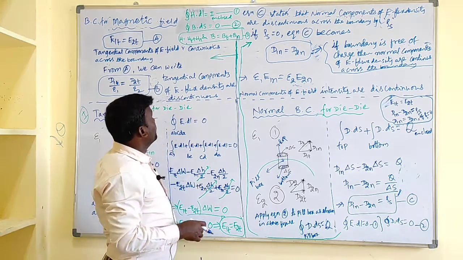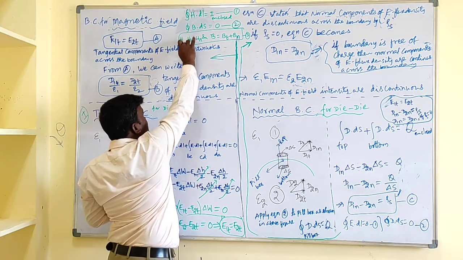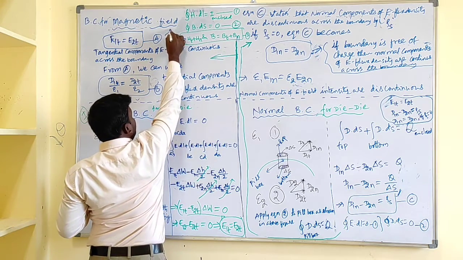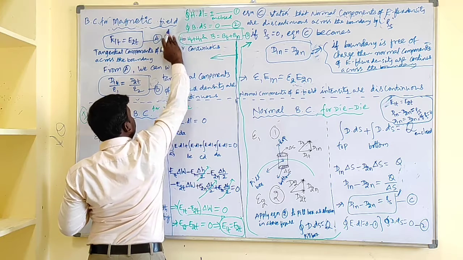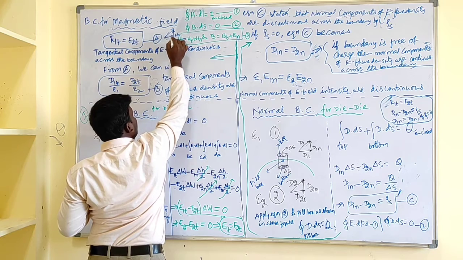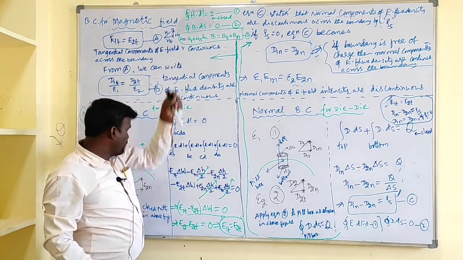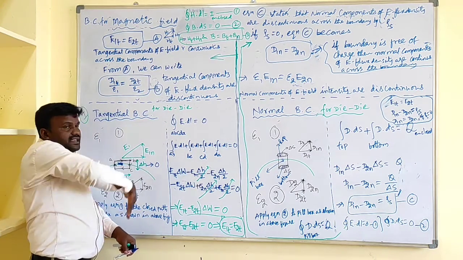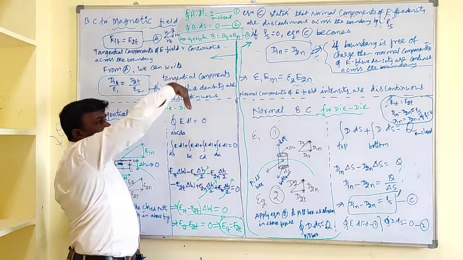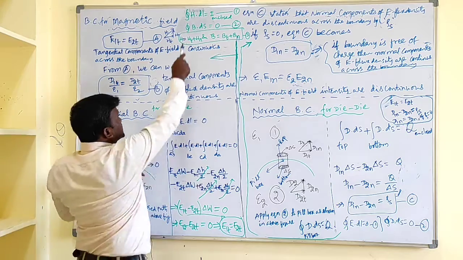That is equation 2. And we need to decompose the field into two orthogonal components: H equal to Ht plus Hn, and B equal to Bt plus Bn. This is H, and it is decomposed into a normal component, Hn, and a tangential component, Ht. The tangential component is along the boundary, that is horizontal, whereas the normal component is normal to the boundary, that is vertical. So we need to use these equations.